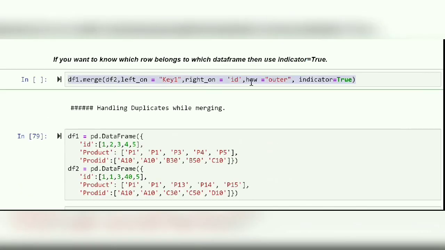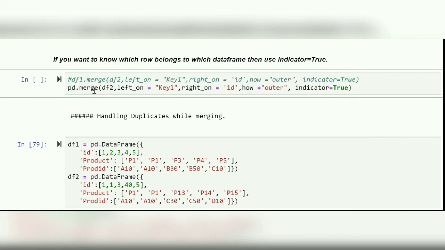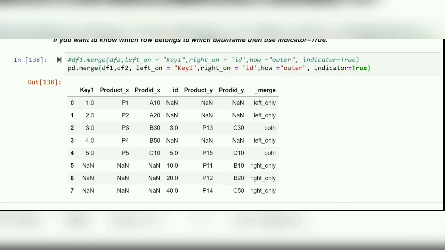So df1.merge, for the sake of simplicity, I'll use the pd.merge method. pd.merge df1, df2. left_on is key1 now, because the columns have been renamed. right_on is ID. How? This time I'm performing an outer join, and indicator equals true. Now let's see.